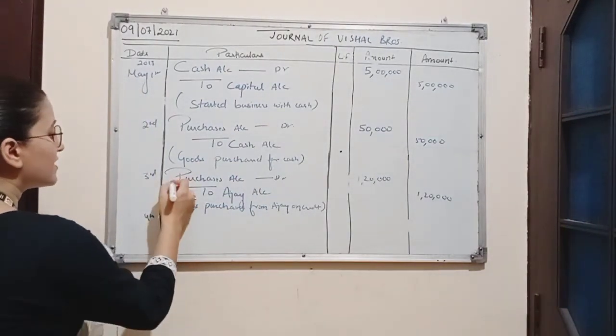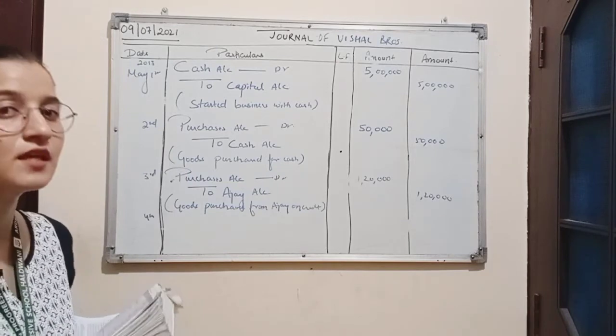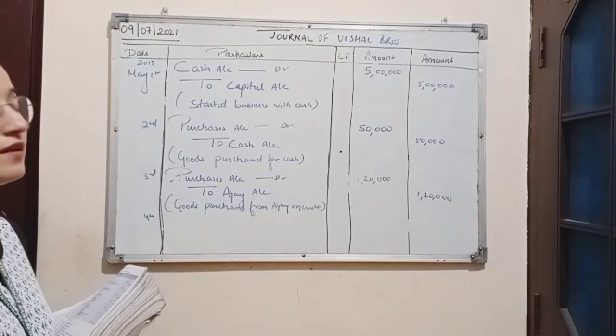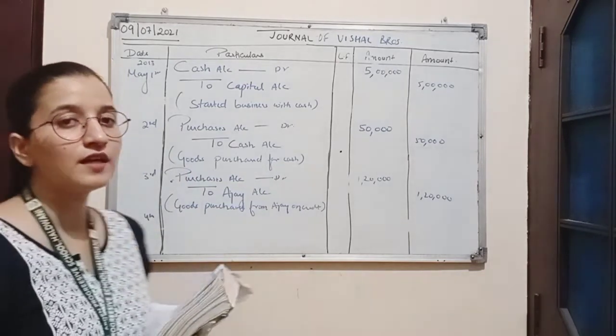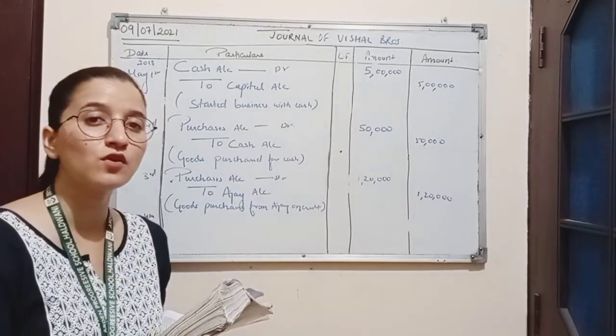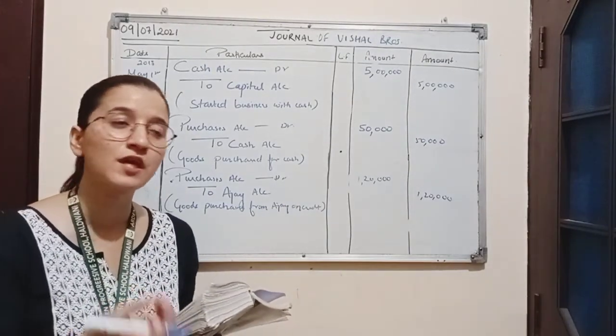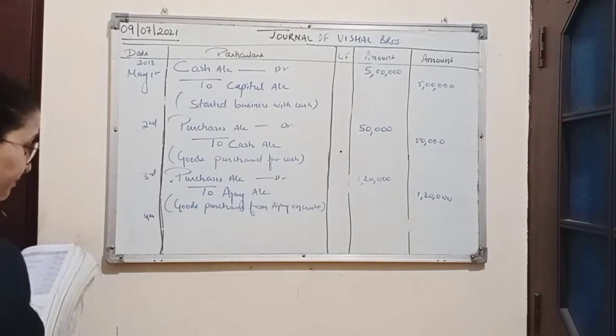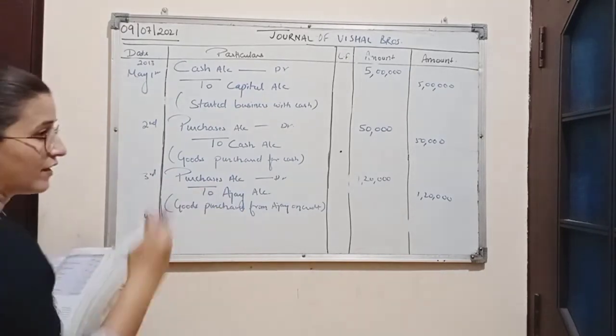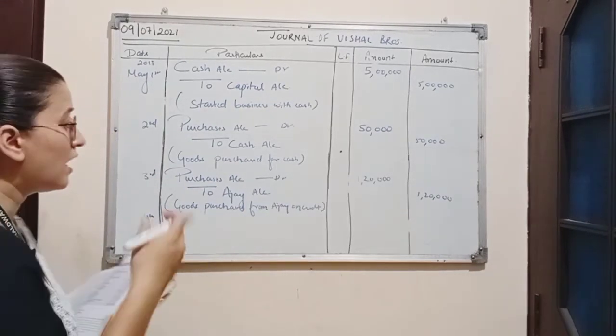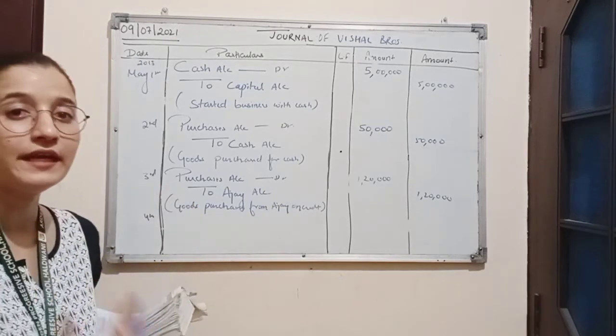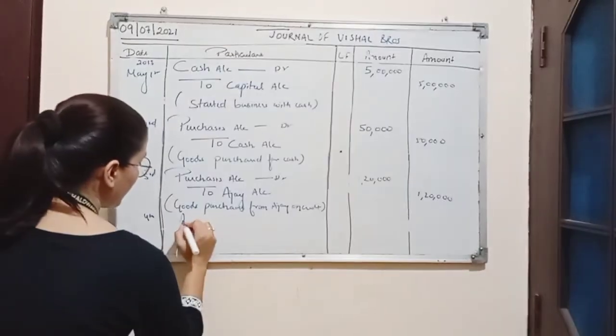So if purchases is considered as an expense, purchases return will be treated as income. Why? Because by returning those goods, we will receive our cash back. So here, by giving the cash back to the customer, Ajay account will be debited. So here we will be debiting